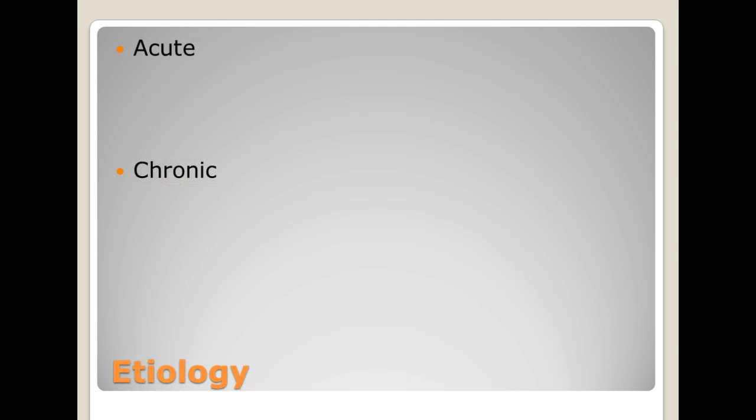Let's talk about the etiology of laryngitis, or the cause. The first thing we need to know is that there are two main types of laryngitis, acute and chronic. Acute laryngitis tends to have a rapid onset with symptoms lasting from 1 to 3 weeks. Voice therapy techniques tend to be less effective with acute laryngitis because the common causes of it are not habitual